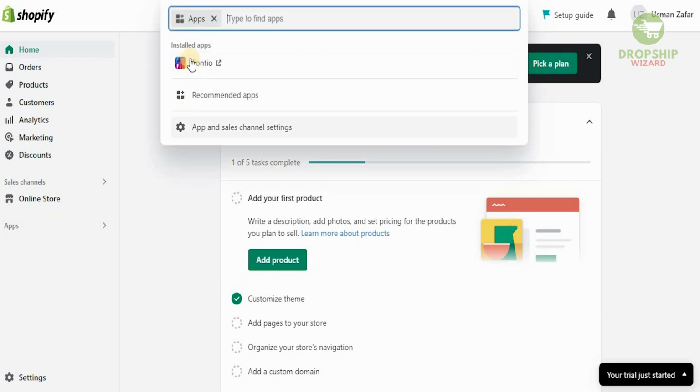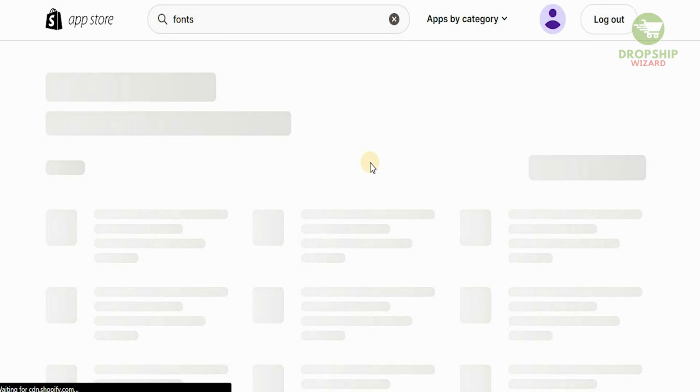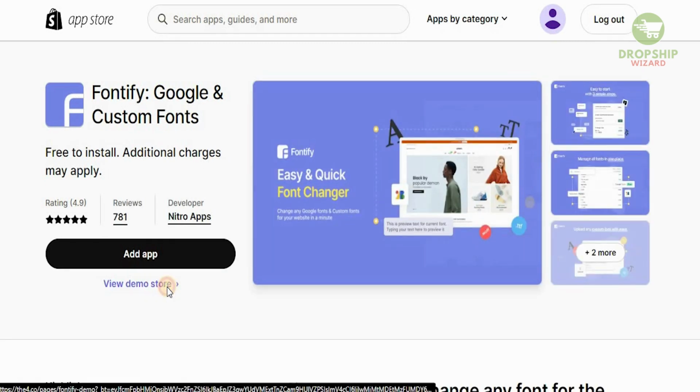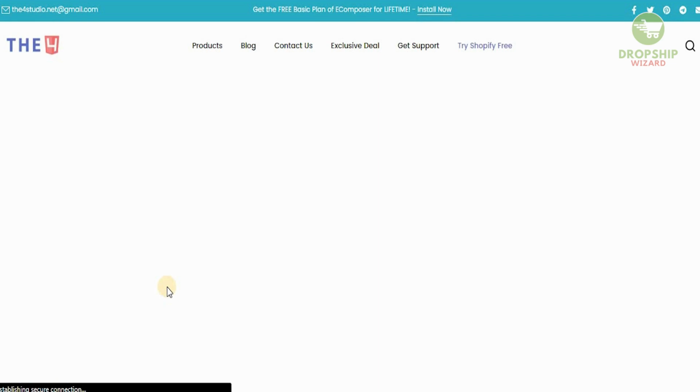And if you click down over here, we will see that we have installed the app for Fontify. If you want to install more apps, you can easily do that. Just click on fonts and go back to the store over here, and you can select different fonts that are available as well. If you want to go for Fontify, just click on Fontify, and you can also view it in the demo store as well,